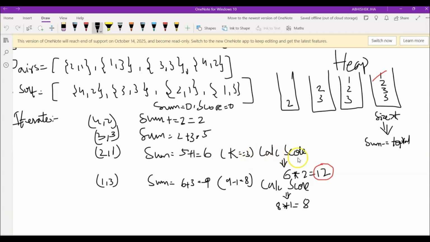So to calculate our score, the formula which is defined in our problem statement would be the sum of the values of nums1 multiplied with the minimum value of nums2. So here the nums2 value is 2 and the sum here is 6. So the score would be 6 into 2, 12. And now when we move on to the next pair, that is 1 comma 3, the sum here would be 9,